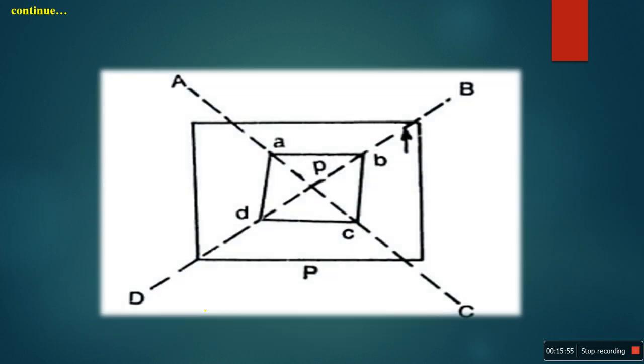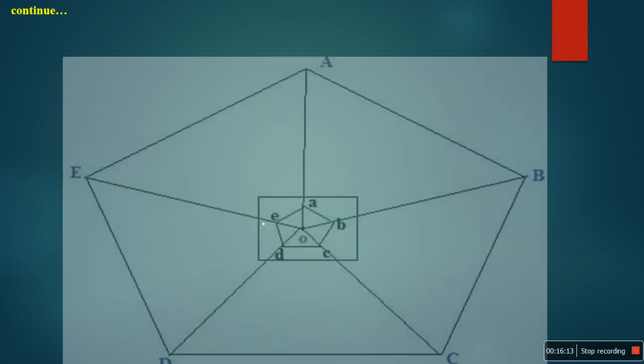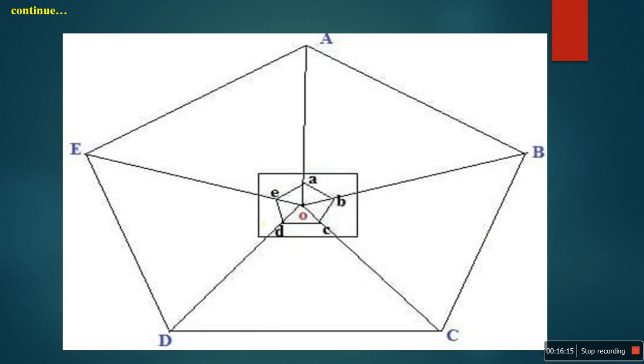Okay, this is one more example of the radiation method. Here there are 4 points, and the points are marked on the drawing sheet by naming them small a, b, c, d. Same procedure, but here it is 4 points. So this is also one example of the radiation method. Here it is 5 points, as I explained in the previous slide. Okay, this is about the radiation method.